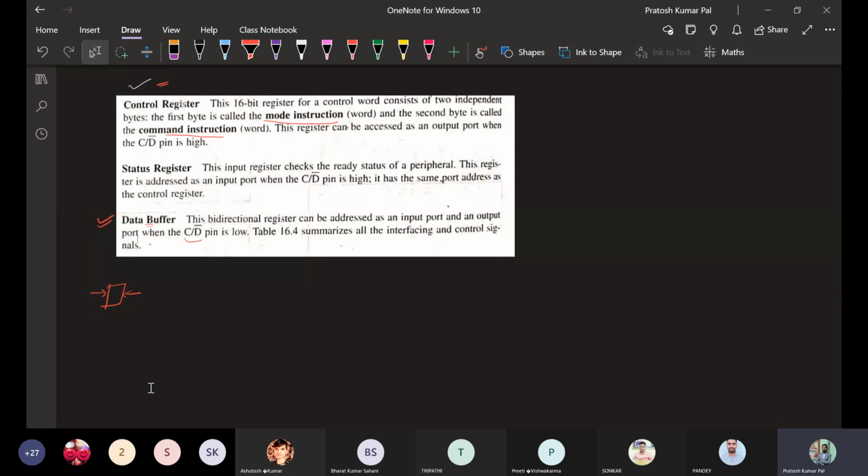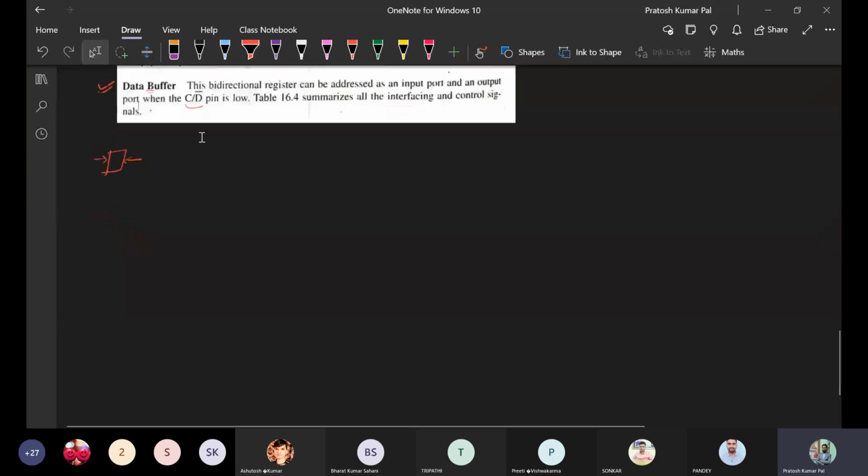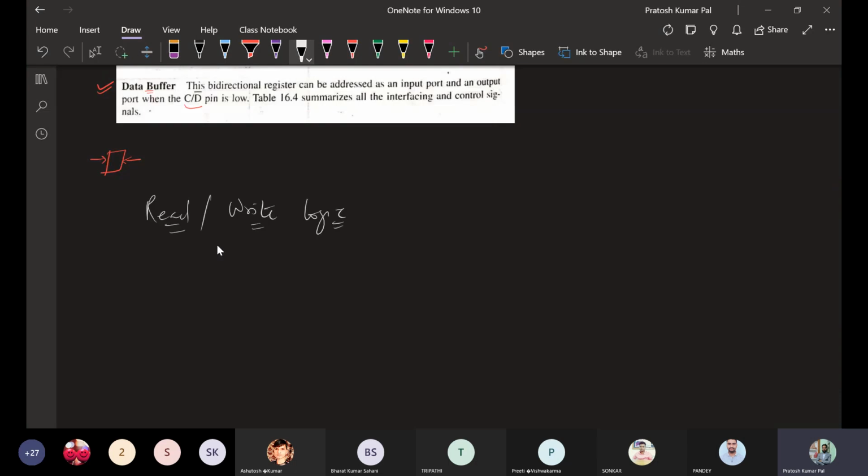So here we will see the read and write logic, and how the different control pins perform the operation.